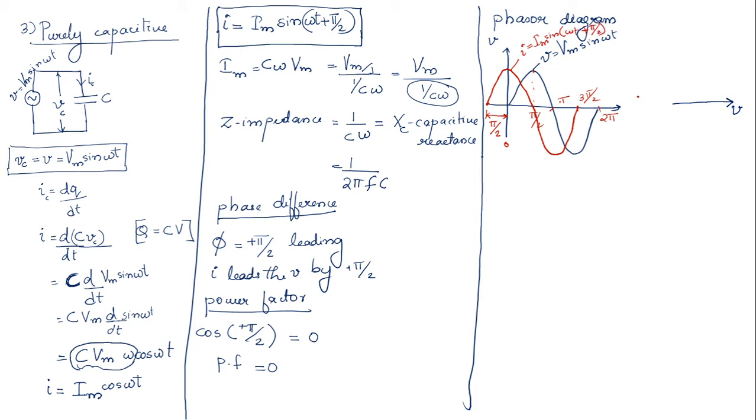Plus pi by 2. Now let's represent the same thing on the phasor diagram. You can see that this has reached its maximum point, which means it will be on the j omega axis. So here you can see this will be the format of the leading waveform. How much it is leading? It is leading by angle pi by 2. So the current waveform you can see here is leading by pi by 2.